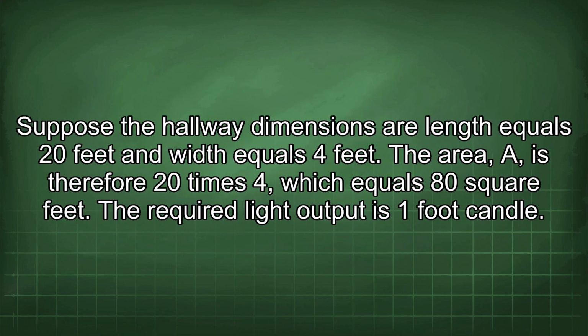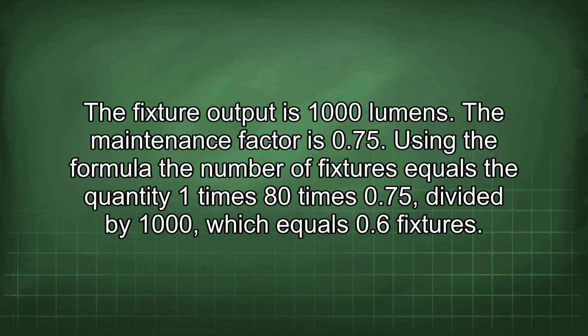Suppose the hallway dimensions are length equals 20 feet and width equals 4 feet. The area A is therefore 20 times 4, which equals 80 square feet. The required light output is 1-foot candle. The fixture output is 1000 lumens. The maintenance factor is 0.75. Using the formula, the number of fixtures equals the quantity 1 times 80 times 0.75 divided by 1000, which equals